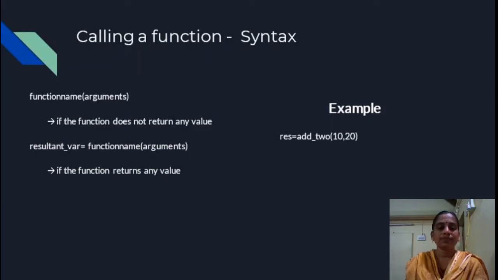So this syntax will be used when a function does not return a value. Whereas if a function returns a value, that has to be received by the resultant variable. So resultant variable equal to function name of argument list is a syntax used for accessing a function when the function returns a value. Here we have defined one function add2no that returns a value which is being received by the variable result, and we can print it on the console.